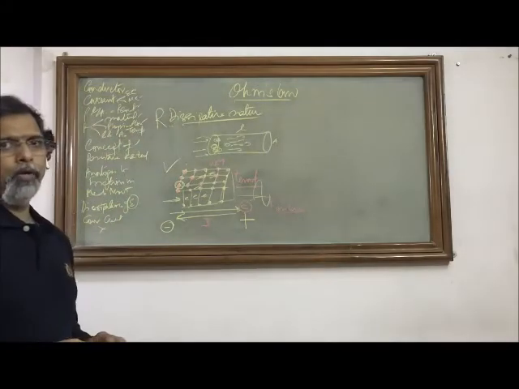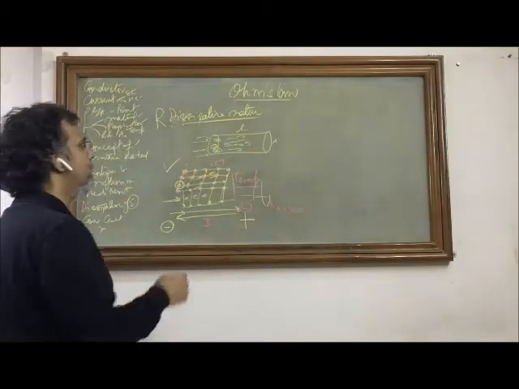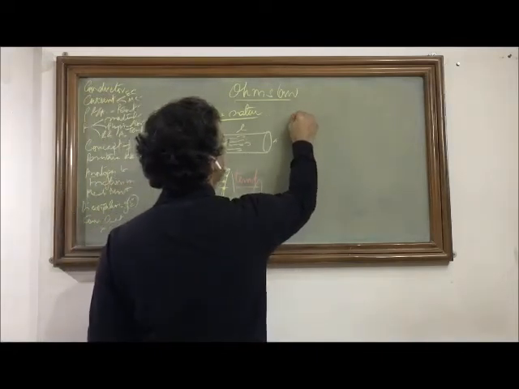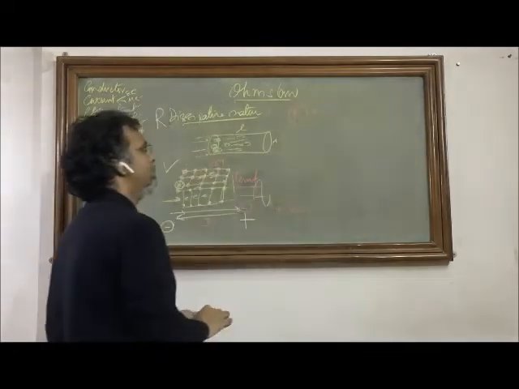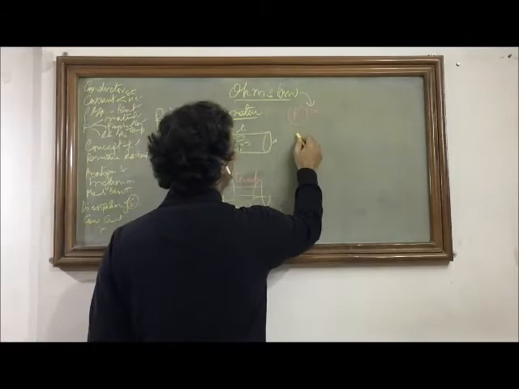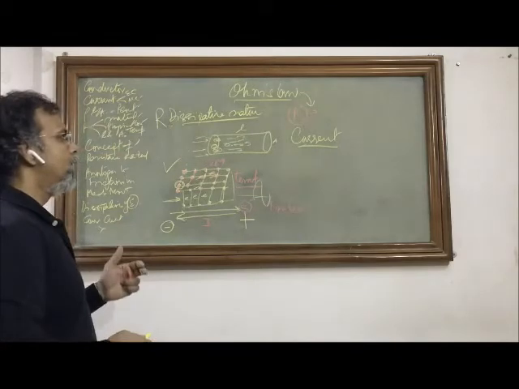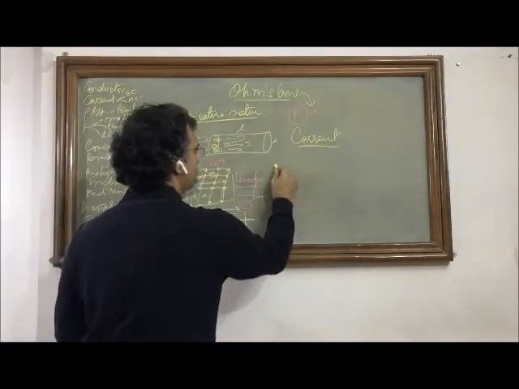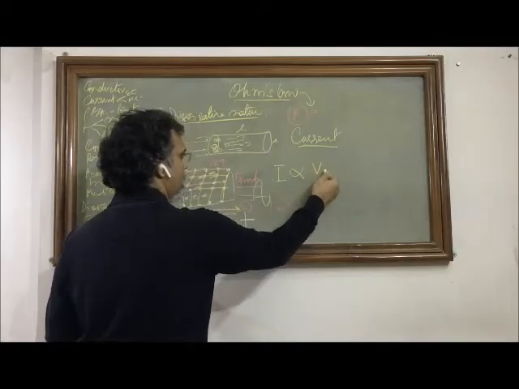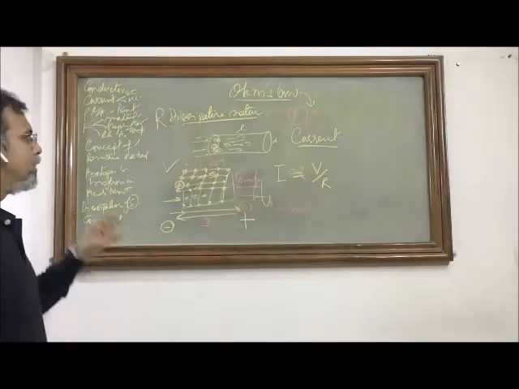Now, certain points I mention whenever I discuss these concepts. Number one is from the definition of Ohm's law itself: the concept of Ohm's law comes into the picture when we have current flowing. If we go back to the definition, it says that the current flowing is directly proportional to the potential difference applied across the conductor. So we need current first.